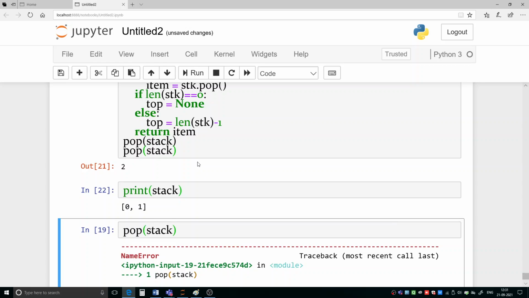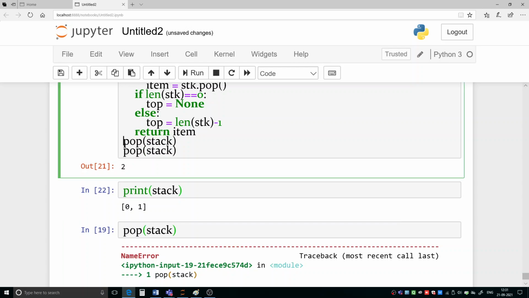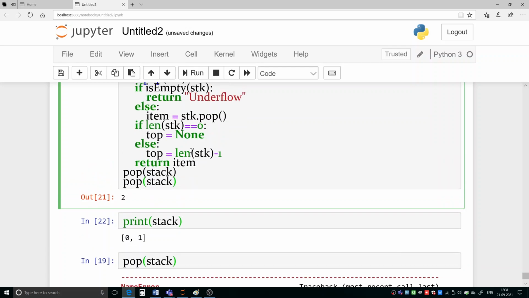Yes, sir. I think you have run it once again. No, no, see here, how many times this operation we are writing? So if you are executing this block of this code, then these two statements will execute separately. So at a time, two elements are being popped. If you write it a single time, you get it once.